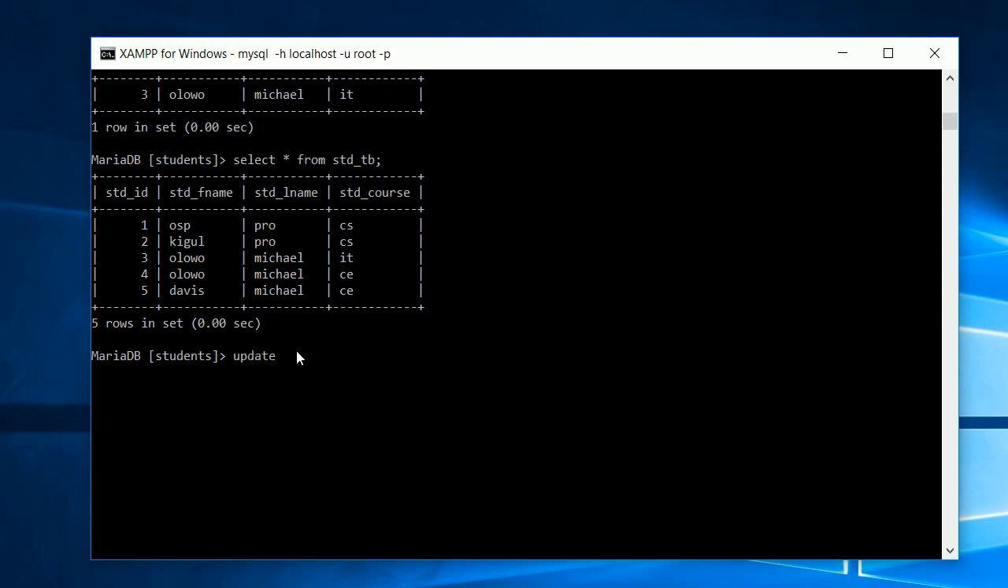You'll simply say maybe UPDATE student_TB. Then you SET. What are you setting? Are you setting the first name or the last name? Assuming you are setting the first name, you can simply say SET f_name